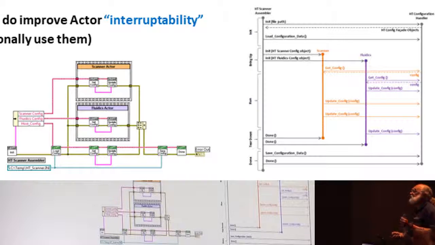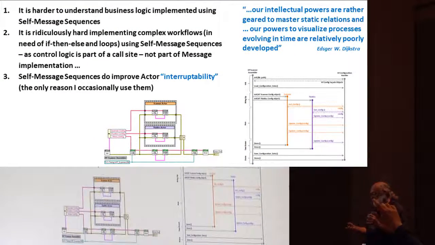But occasionally I use self-message sequences because they are interruptible. Do you consider a helper loop communicating with its actor message handler as a self-message? No. It's okay for the helper loop to send an actual message? Of course, it's not a self-message. A self-message is sending something to the tail or head of your own mailbox. The helper loop sending a message to the message handler, that's normal communication.